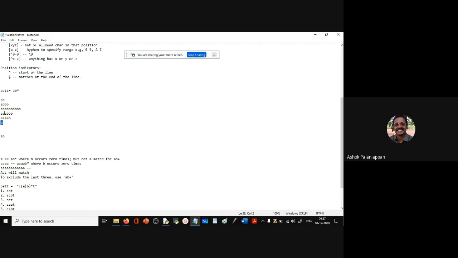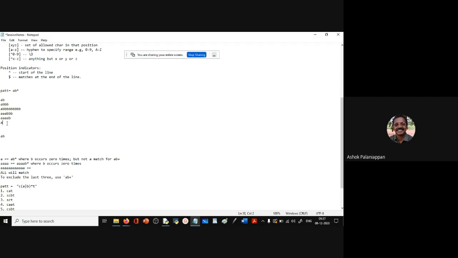Good. Because star means B should occur 0 or more times. Preceding character 0 or more times. So therefore, in A, B is occurring how many times? 0 times. Okay.